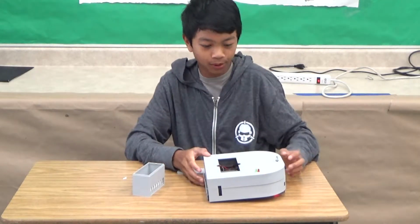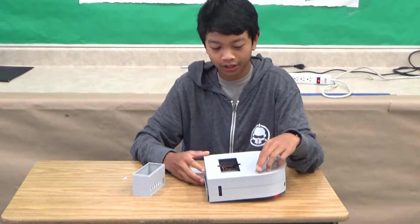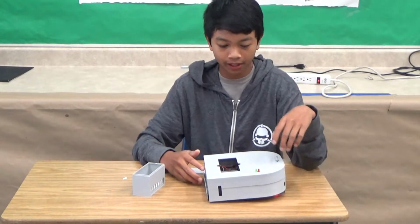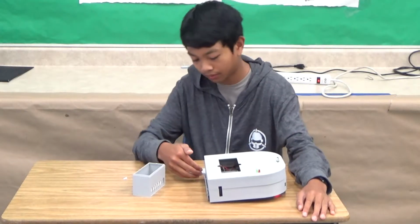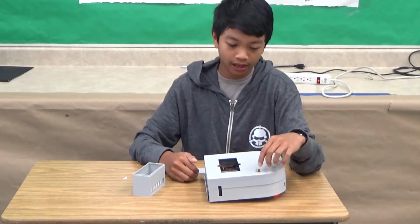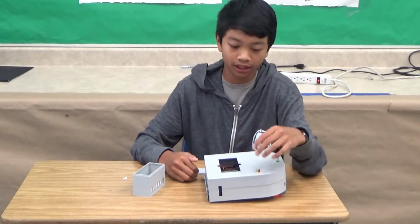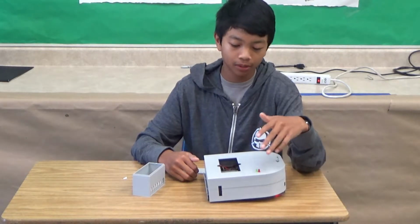So let's talk about what I did here. I have these status lights. I made a function where it will blink or turn on. If you saw, when I first turned it on, it had a delay of 5 seconds, just so you have to wait for these sensors to calibrate themselves. And then after the blinking, it will turn solid on,